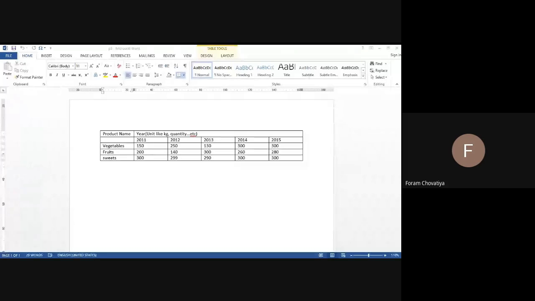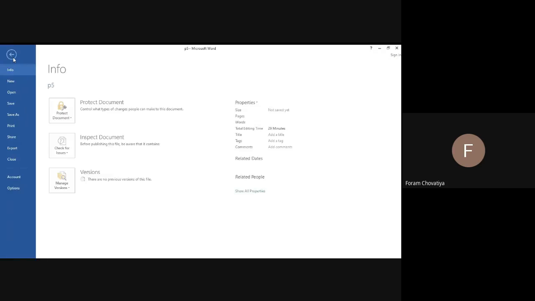Now is my screen visible or not? Right now I repeat practical number 6, how we can print the document. Is my PPT slide visible or not? Okay, visible, right? So suppose I have to print this document or this page. What are the steps we have to follow? First of all, we have to select the document, then go to the file menu.